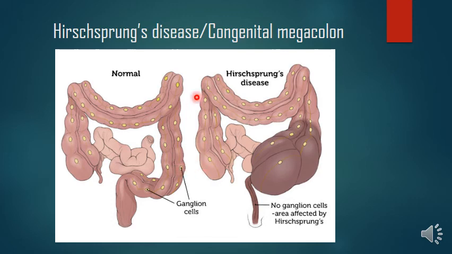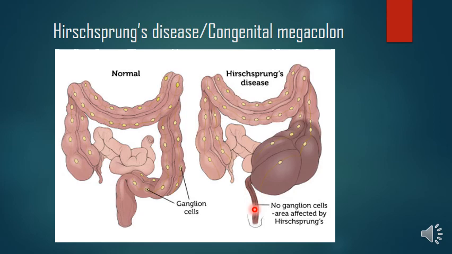Whereas in Hirschsprung's disease or congenital megacolon, what happens is a segment of the large gut. So this is the segment of the large gut, usually proximal to the anal canal. So this shows persistent narrowing since birth, right? And this narrowing is because of the congenital agenesis of nerve cells in the myenteric and submucous plexuses. So this narrowed segment of the gut is devoid of the parasympathetic innervation, and so this fails to respond to the waves of peristalsis. So it does not respond to the peristalsis, it stays narrowed down, right?